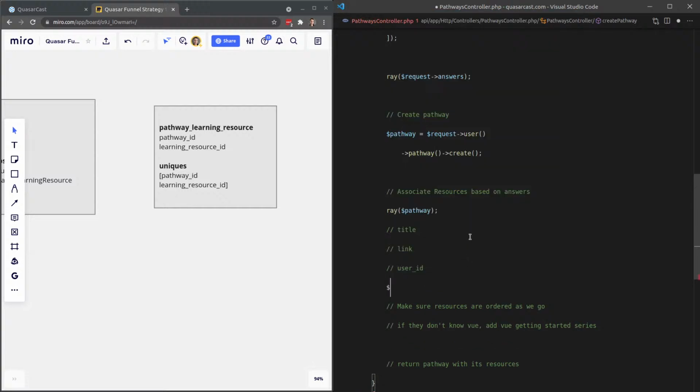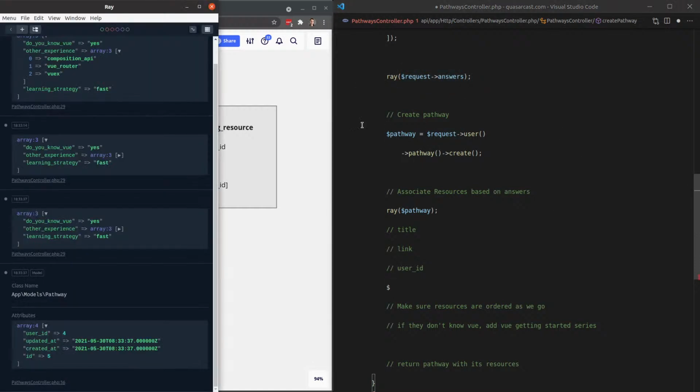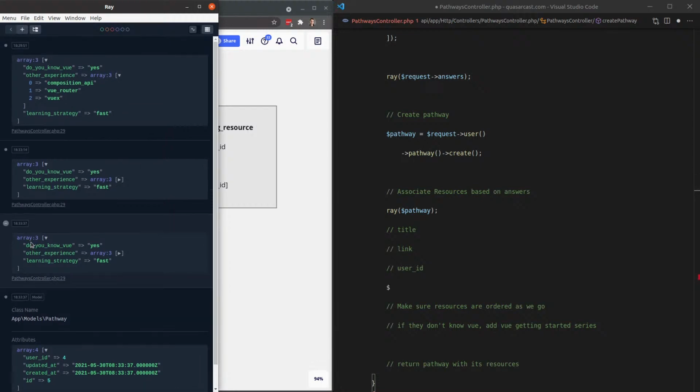So basically we want to say, if the answer, and we open Ray again. Where's the Ray section? If do you know view is equal to yes, then we want to associate that learning resource. Okay, so let's go ahead and do this. If answers do you know view is equal to yes,